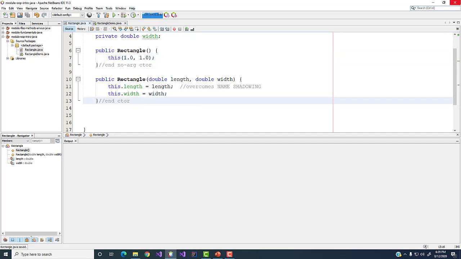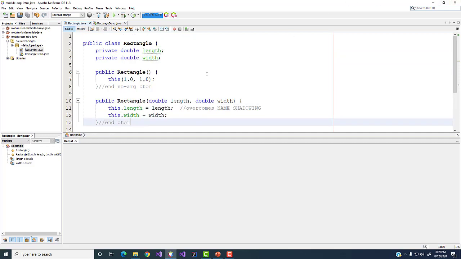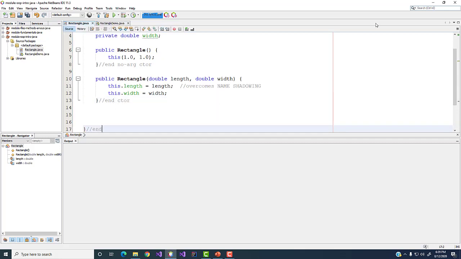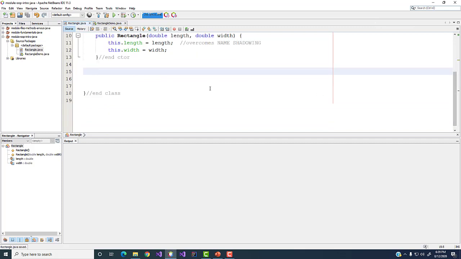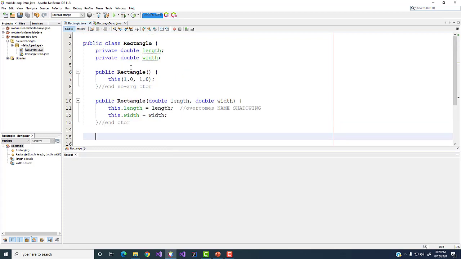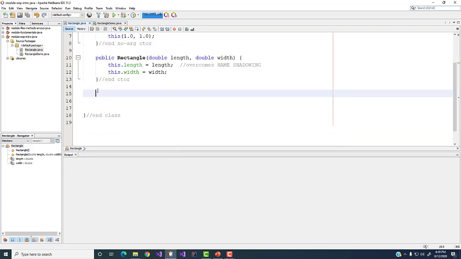Now, the next thing would be I want getters and setters for length and width. And since I'm assuming you all have some decent level of ability with classes at this point, you know what a getter and a setter looks like. There's actually a shortcut in NetBeans that I want to make you aware of at least. If you put the insertion point right here,